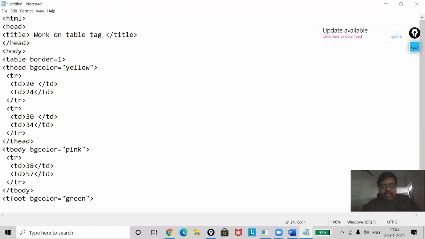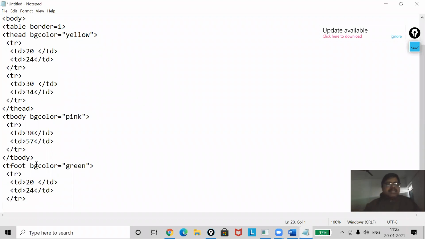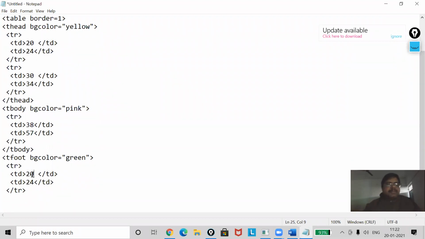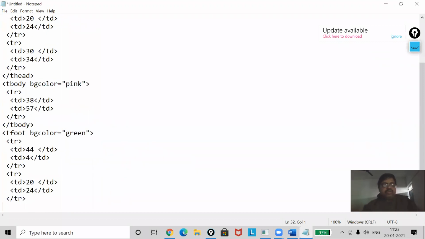Now, one row is here, 44, 4. One more row. td, here I will use some other values, 90, and here 94. And now I will go for /tfoot.